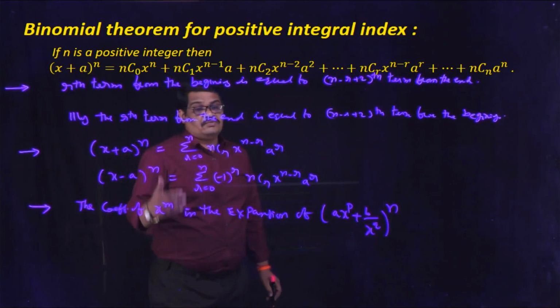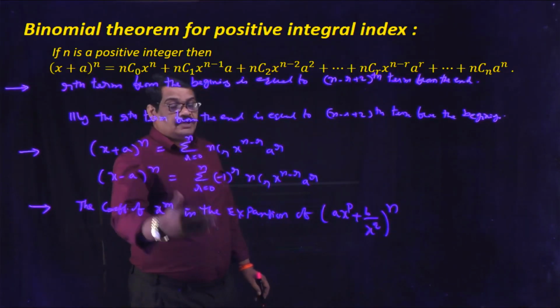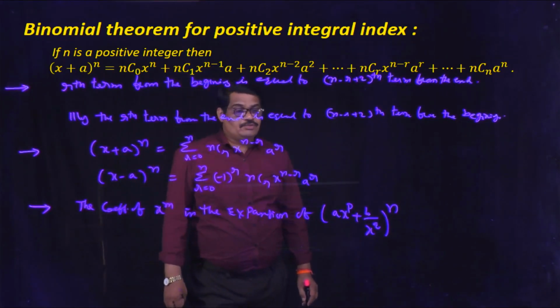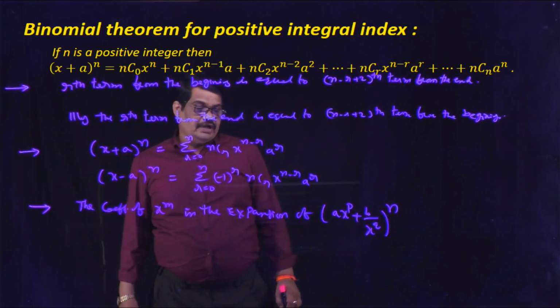The coefficient of x to the power of m in the expansion of (a x power p plus b by x power q) whole to the power of n is